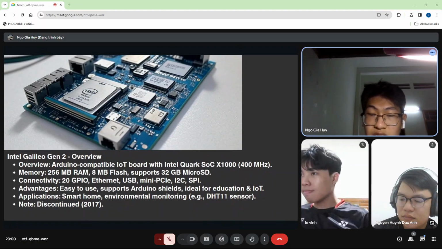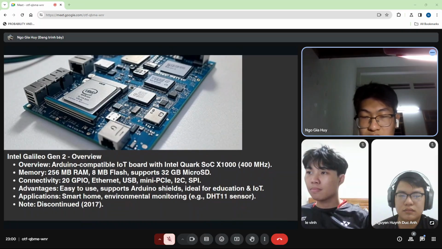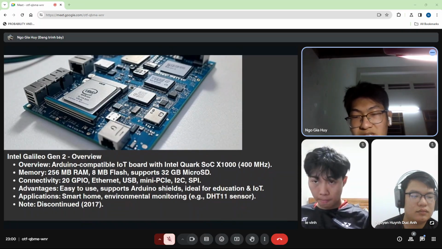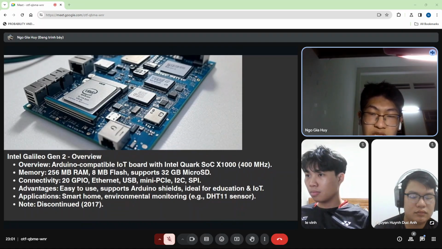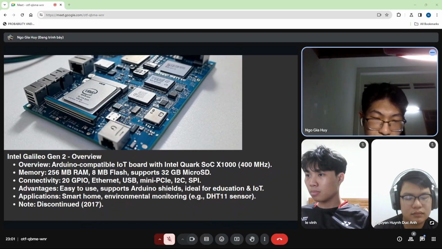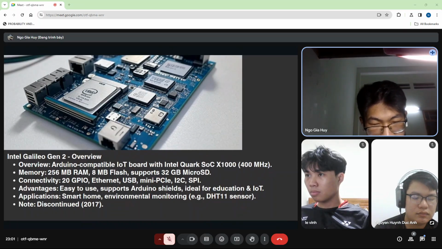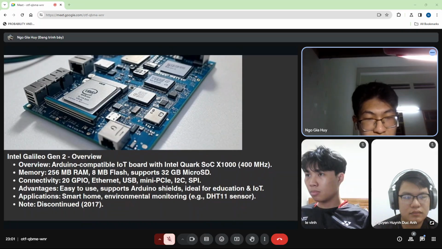smart home, environment monitoring, a DHT11 sensor to read temperature and humidity. Note this board is not